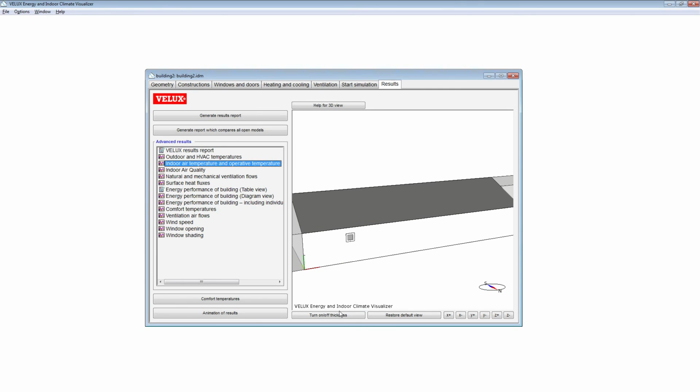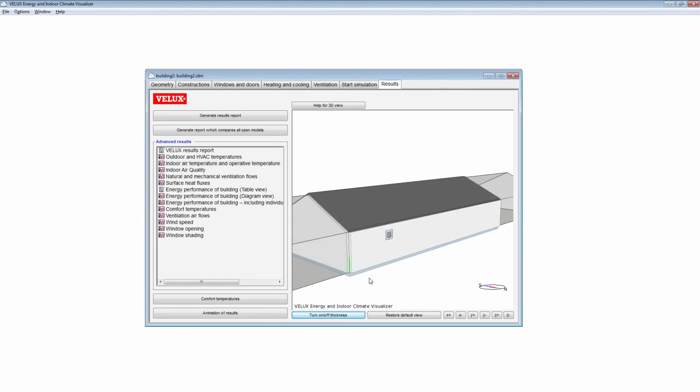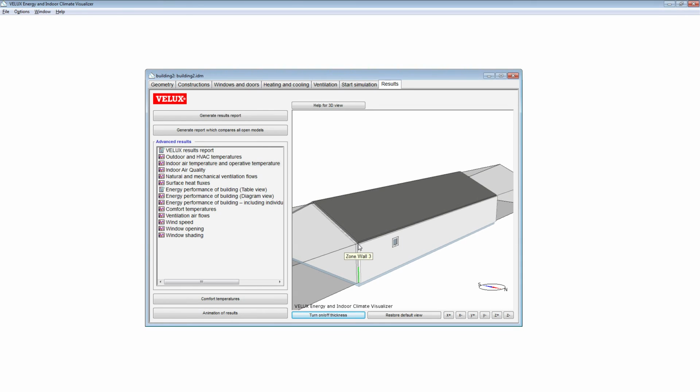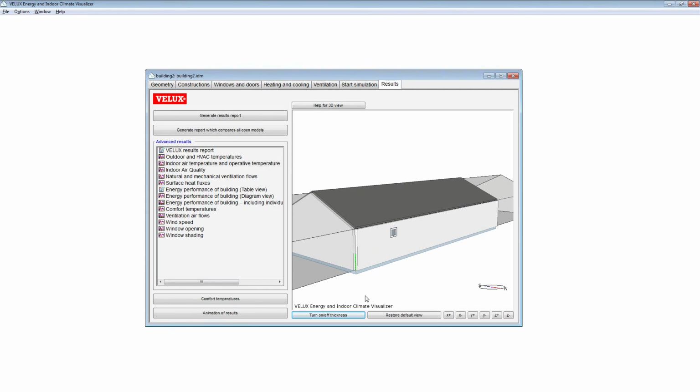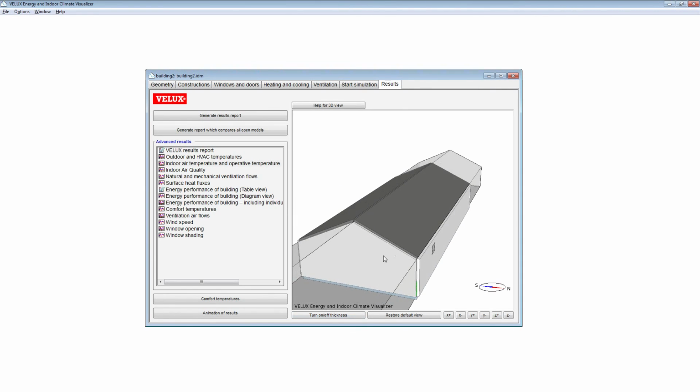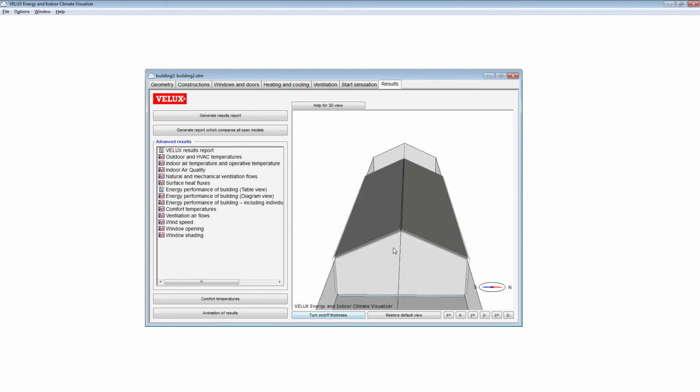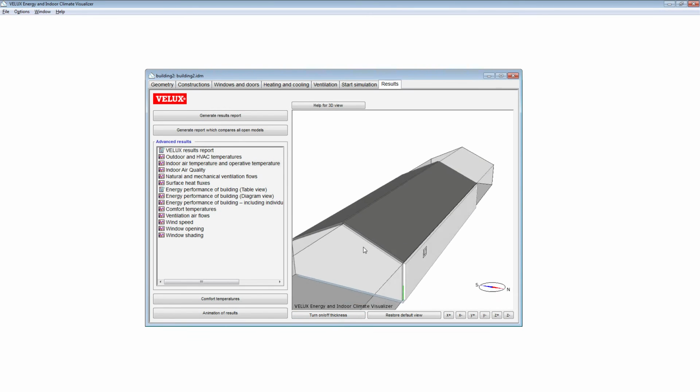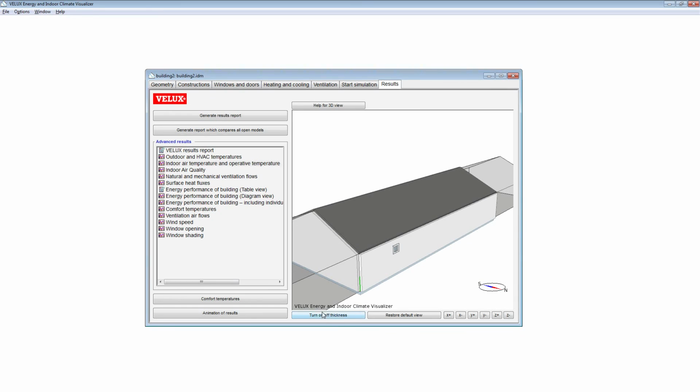I didn't say it, but you can turn your thickness off and on, and here you can see that your model is an internal model of your geometry, and it's just extruding its walls and ceilings out from the model. This is particularly useful when you're importing geometry, which you cannot do in this